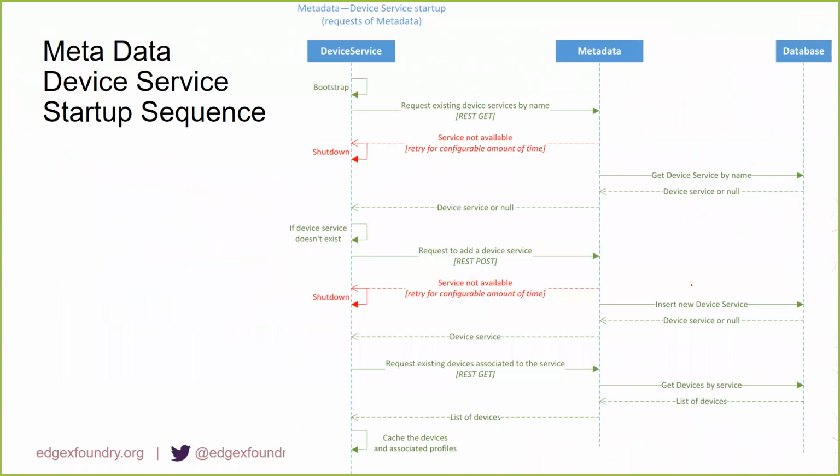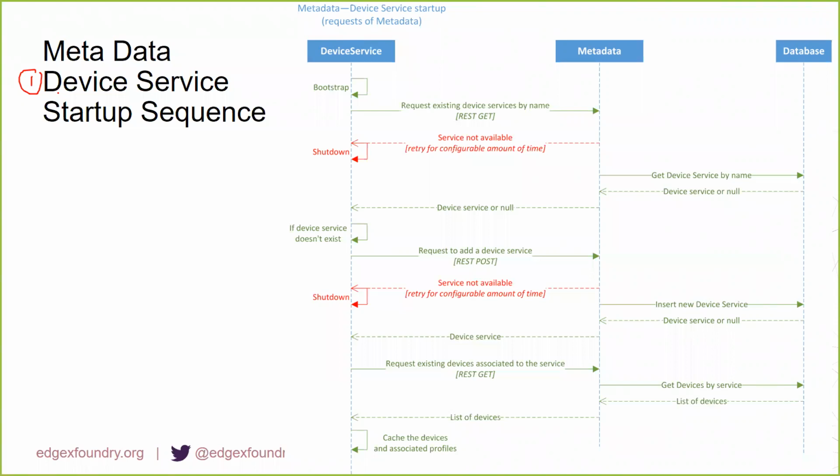So if we start to look beyond the model, and we start to say, well, how does metadata get information about these devices, these device services, profiles, and things like addressables? Well, there's a certain sequence that might happen when things start to come alive inside of EdgeX. In particular, and as a pretty typical case, a device service microservice might come up in the EdgeX system. As it starts up, through its sequence, it will register itself with metadata and provide metadata with an indication of those devices that it's managing.